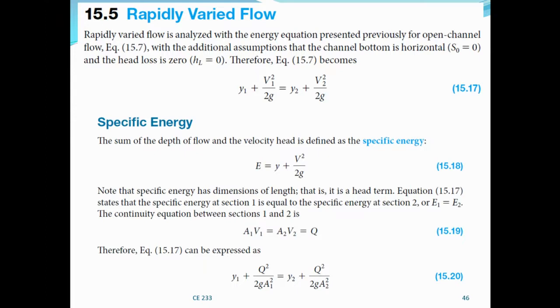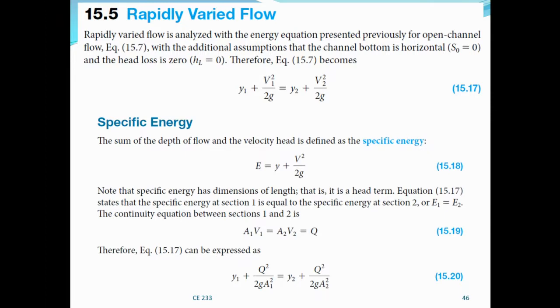Because for rapidly varied flow, you have energy loss, which is accounted for by the energy equation, and with the additional assumption that the channel bottom is horizontal. That is, S naught is 0, because normally the channel bottom slope is very small. You see, 0.001, very small. So the assumption is that S naught is 0 and the